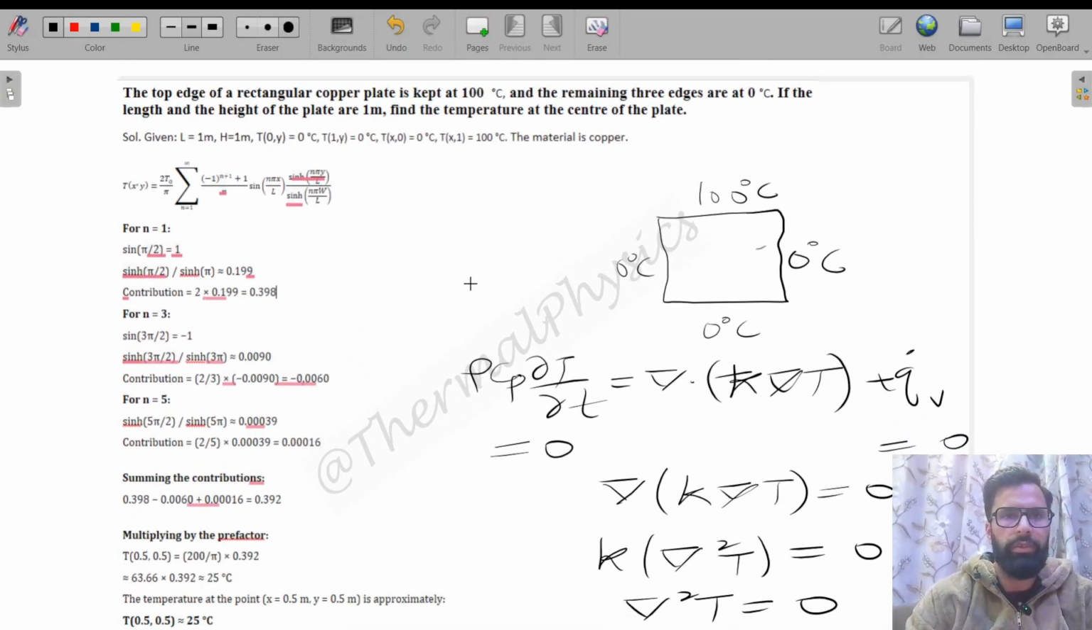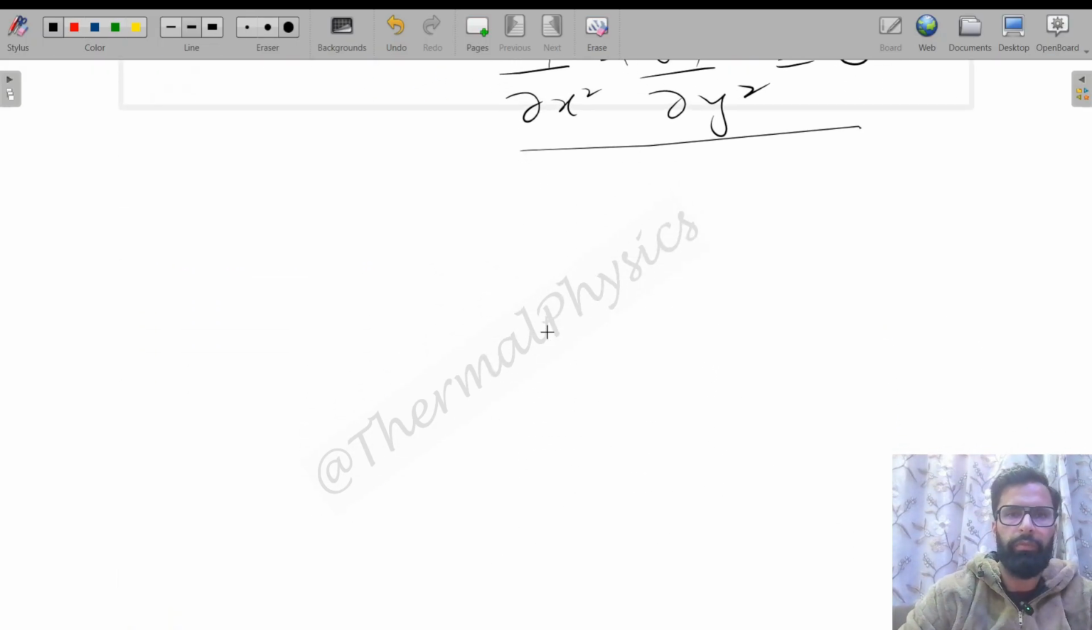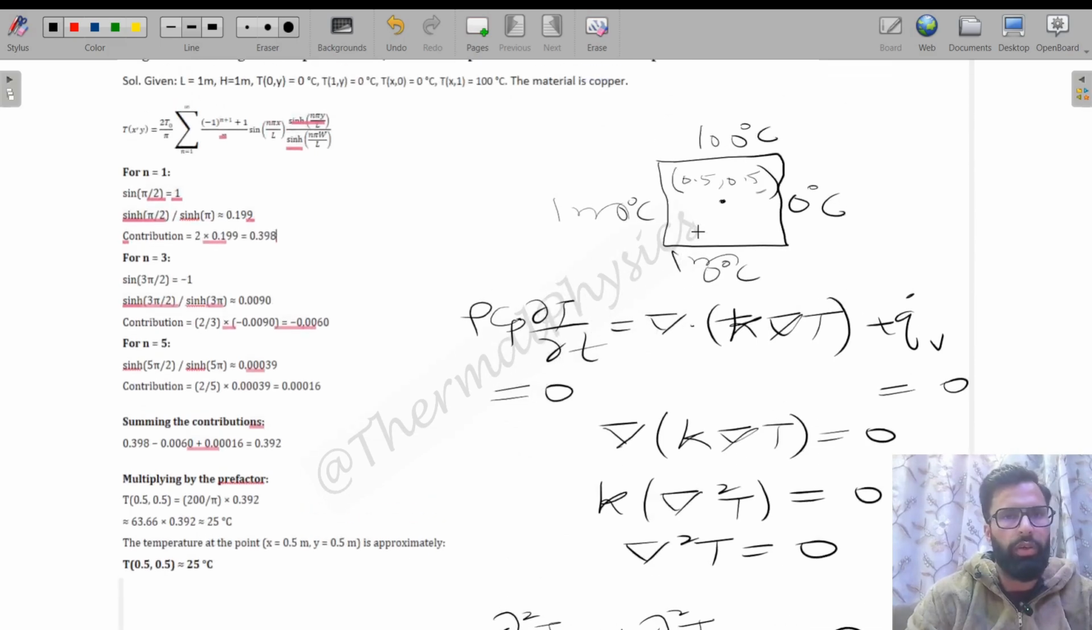We have a rectangular copper plate in which the top edge is at 100 degrees Celsius and the remaining three edges are at 0 degrees Celsius. The length is 1 meter, the height is 1 meter, and we want to find the temperature at the center of the plate. For this center point, the coordinates are 0.5 comma 0.5, which is 1/2 comma 1/2. So we have to find T at the 1/2, 1/2 location using the solution,